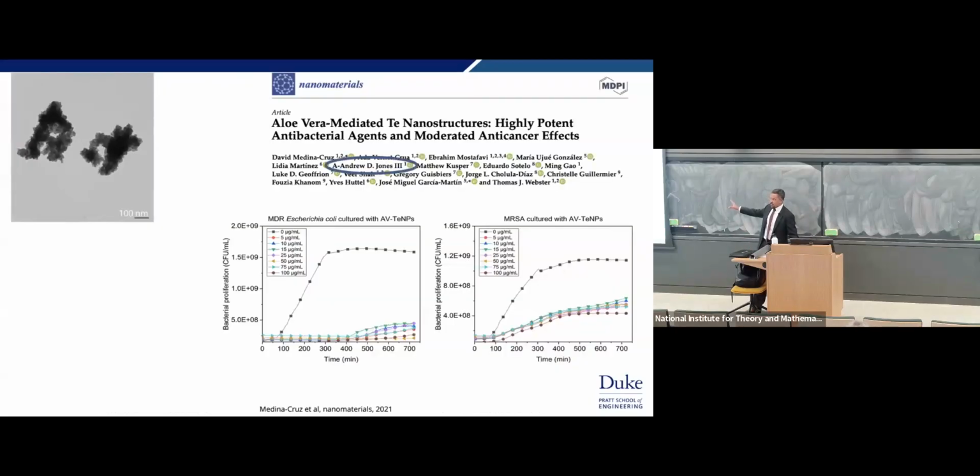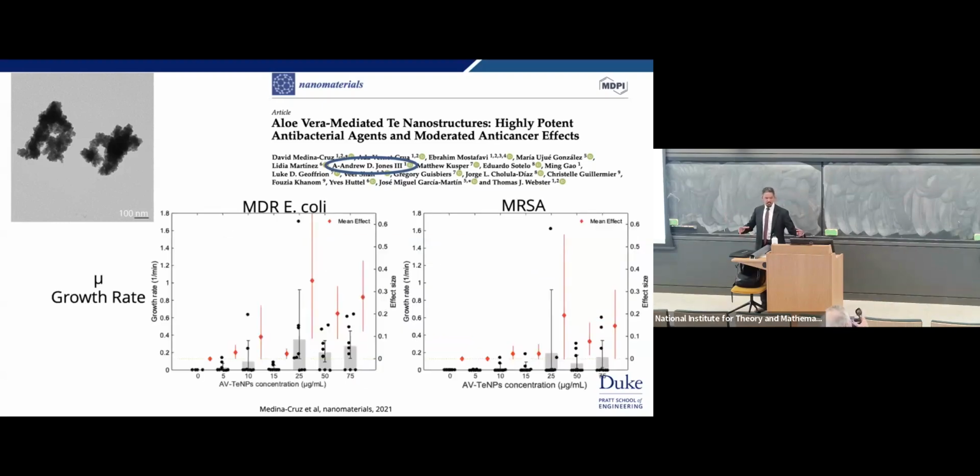When I say engineers tried this, there's me. Right there, I was an engineer looking at aloe vera-mediated tellurium nanoparticles and saying, you know what, this should hopefully cut down on antimicrobial resistance. So I wound up quantifying the carrying capacity, the growth rate, and the lag time. So carrying capacity is A, lag time is lambda, growth rate is mu for this model down here, and say, you know what, can we predict whether or not these bacteria are going to develop resistance?